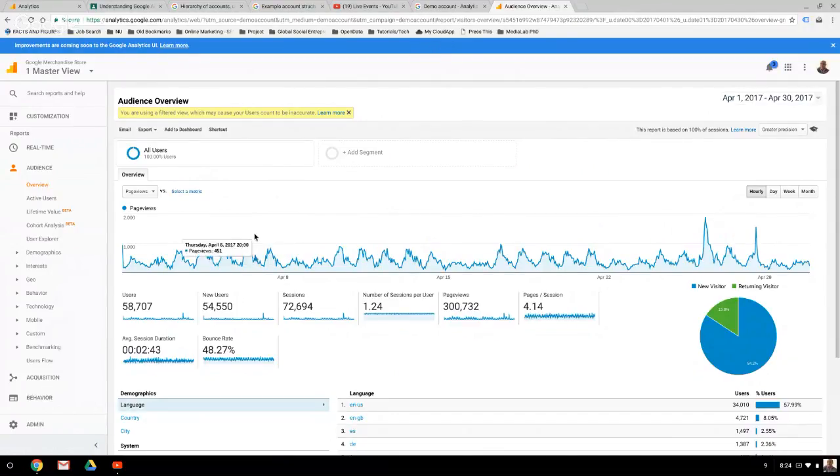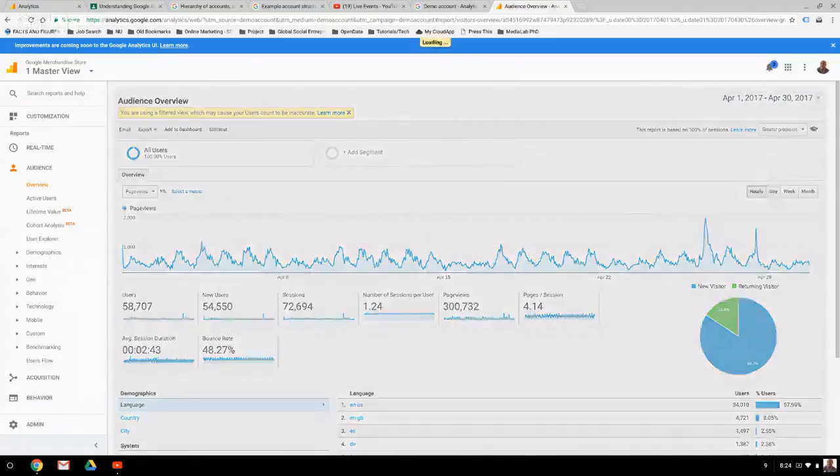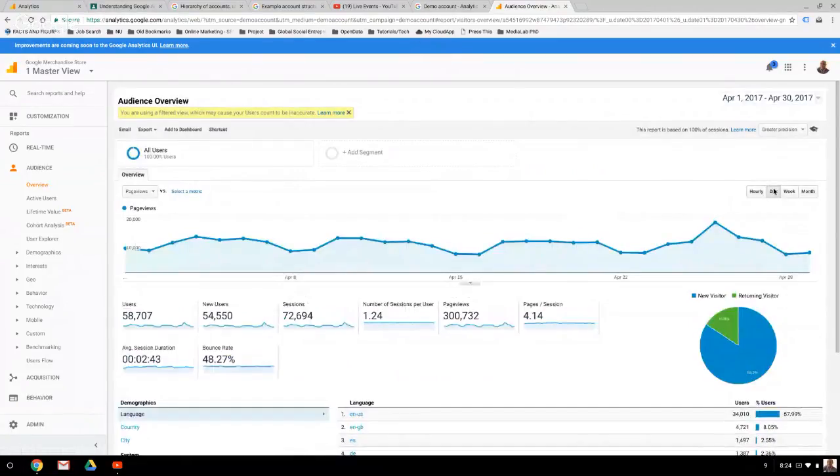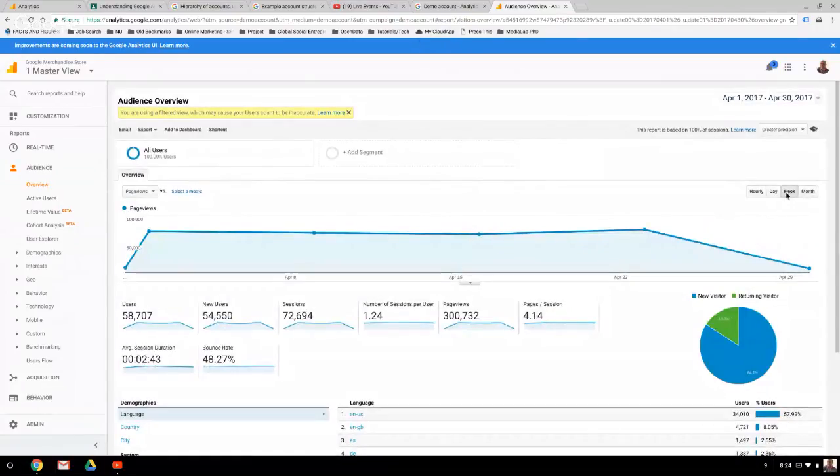The good thing with this is that you're able to see how things are happening even on an hourly basis, not just on a weekly basis that is going to aggregate data that shows that, yes, there was an increase, but where did that increase come from and what happened at that particular hour? You're able to understand. You can also toggle to the weekly to understand what is happening on a weekly basis. And you can always compare with other